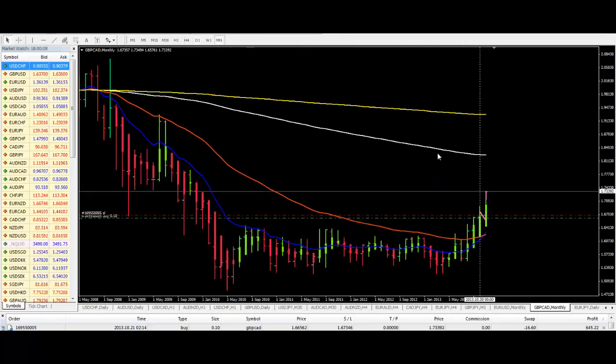I'm aiming for the 200 EMA on the monthly chart, and each candle here takes a month to form, so you can certainly appreciate that I have to have the patience of Job waiting for this to move up here, and as it moves up, it's going to have a lot of movements up and down on the lower time frame because price doesn't move in a straight line. So again, you can just relax, do nothing, and just wait patiently until your targets get hit, monitoring the lower